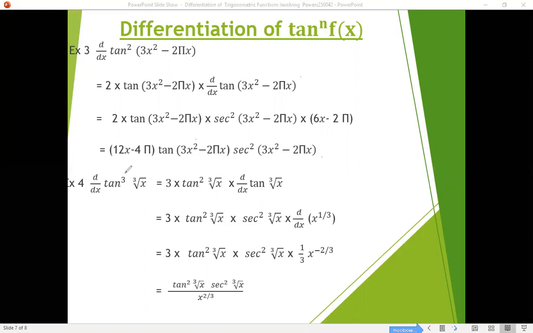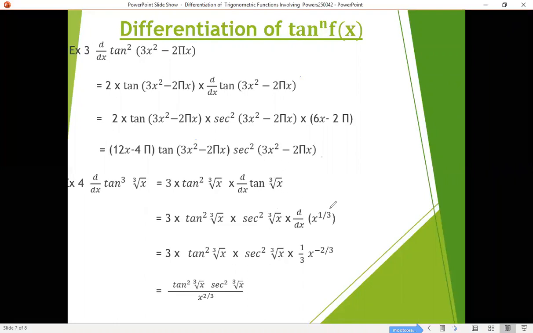Differentiation of tan to the power of 3 cube root of x. Same rule. Bring the power down, 3. 3 minus 1 is 2. Multiply by the derivative of the tan function, that is the derivative of tan cube root of x, which is sec squared cube root of x, multiplied by the derivative of